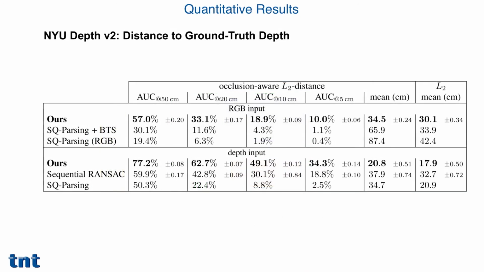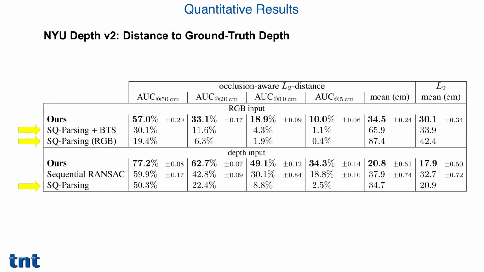We evaluate on the NYU Depth v2 dataset and measure the distances between the predicted volumetric primitives and the ground truth depth. We measure the regular Euclidean distance as well as our proposed occlusion-aware distance metric. We report the averages of these distances as well as the area under the recall curve for various upper bounds of the occlusion-aware distance. In addition to RGB images, we also consider using the ground truth depth directly as the